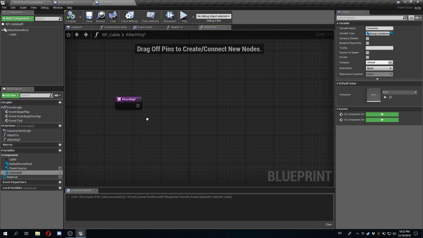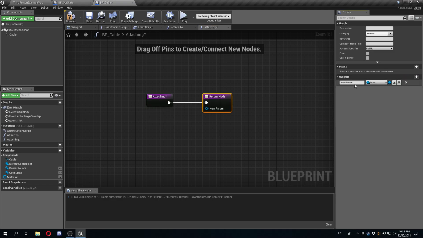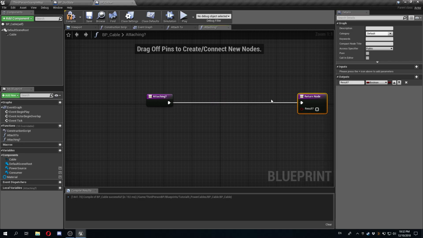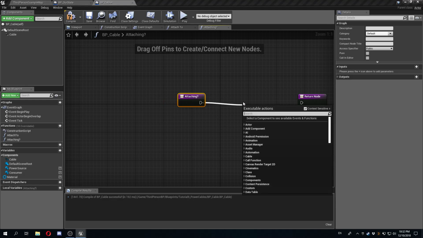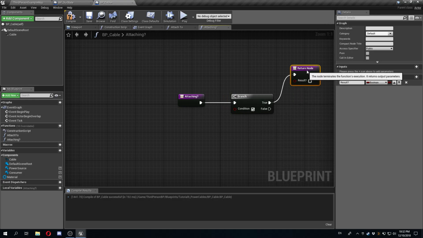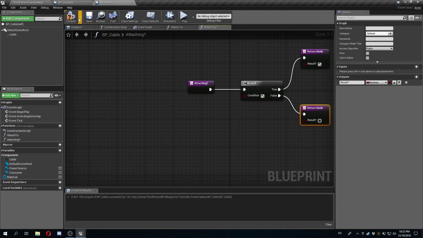And this attaching function is actually going to return true or false. So it's going to return a result, whether or not I am still in the process of attaching something. I'm just going to break this. And this is actually going to depend on a branch. If this branch condition is true, I want to say true, and if it's false, I want to say false. And what is this condition? This condition is basically,